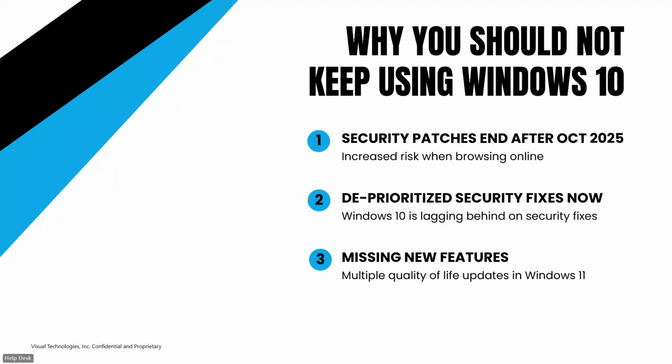But it's also starting to happen now. Microsoft has started to drag its feet on security fixes for Windows 10. We're seeing in the patch notes a lot of statements along the lines of, currently security updates for Windows 10 systems are not immediately available, but they will be released as soon as possible. I've seen that more and more over the course of the last 4 or 5 months. So it is very clear to me that Microsoft has no interest in prioritizing fixing Windows 10. They are mainly focusing all their efforts on Windows 11, and Windows 10 just picks up security patches when they can get to it.